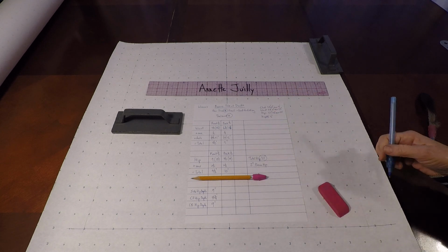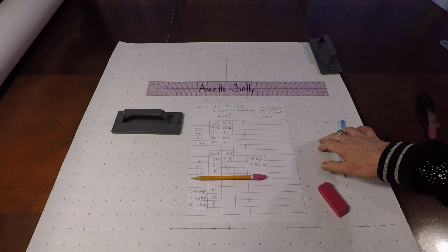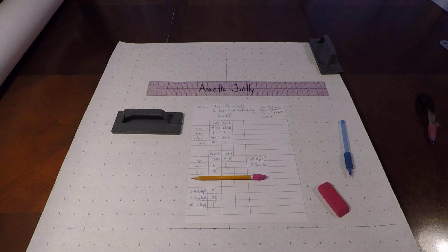So here's our chart, and we are going to continue on with our draft. You're going to need some pattern paper and your ruler, pencil, eraser, scissors,